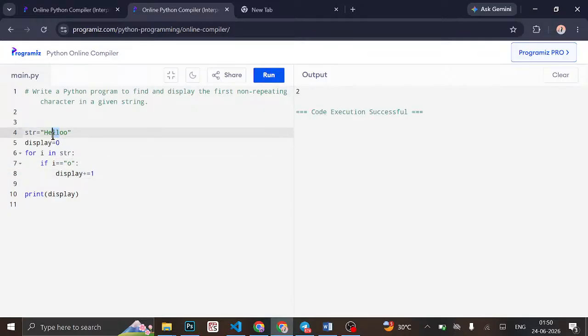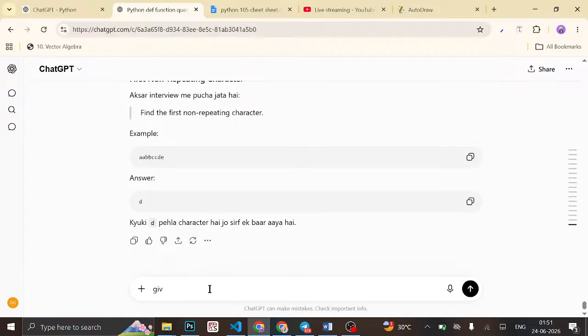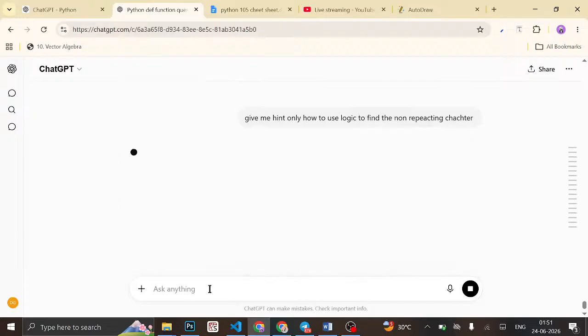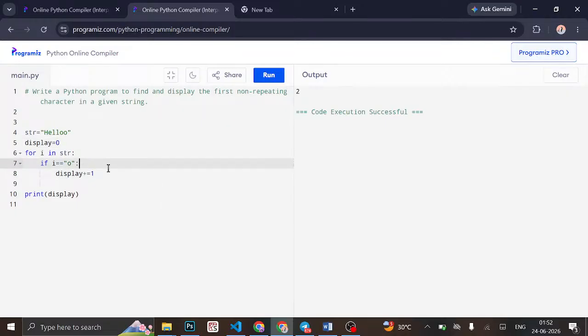सो यहाँ पे एल हमारा प्रिंट और एल हमारा, और अब हमें एल को डिस्प्ले करना है। स्ट्रिंग कस्टमर, एल एल हो गया, डिस्प्ले कस्टमर जीरो आ गया, फॉर आई इन स्ट्रिंग। हमें टू को प्रिंट नहीं करना और प्रिंट करना है आई को। सो प्लीज गिव मी हिंट। या फर्स्ट नॉन रिपीटिंग कैरेक्टर प्रिंट करना था।